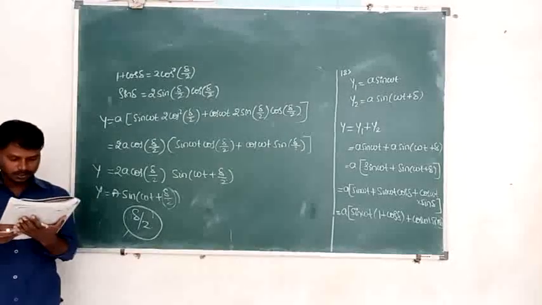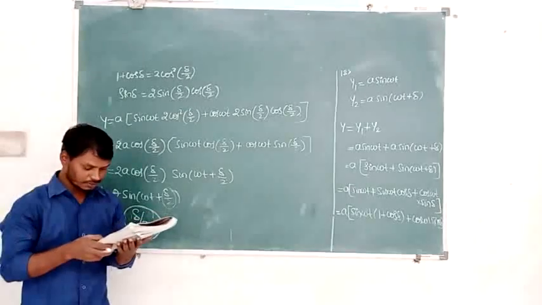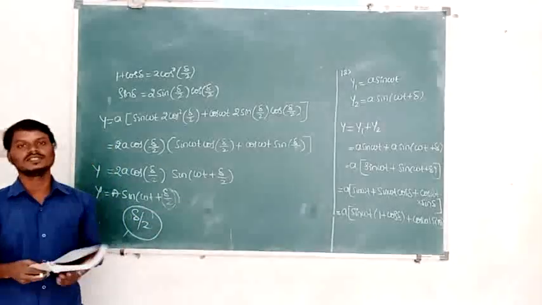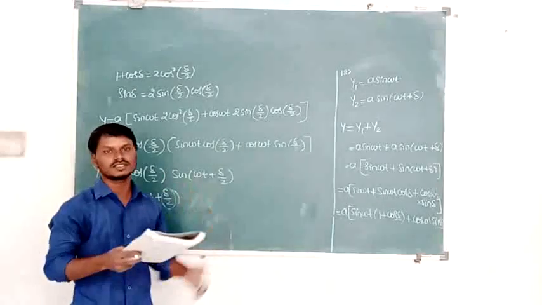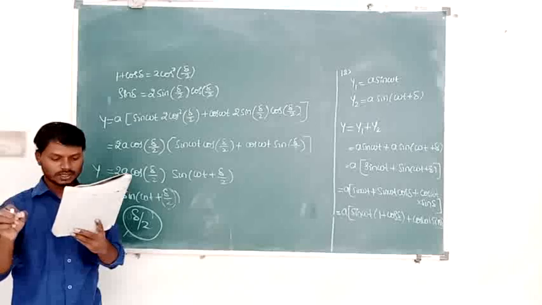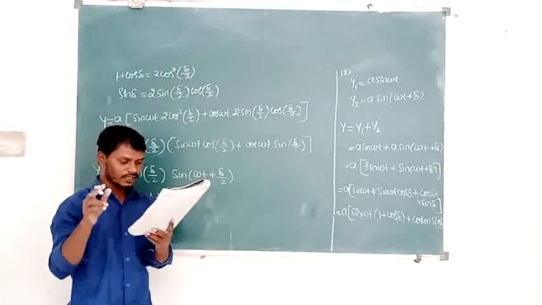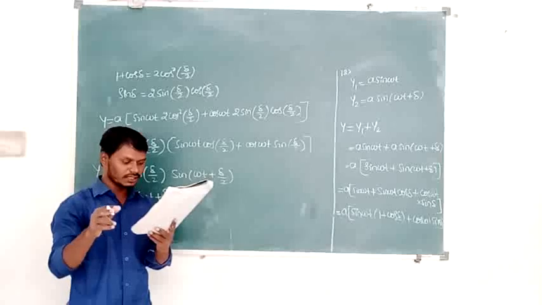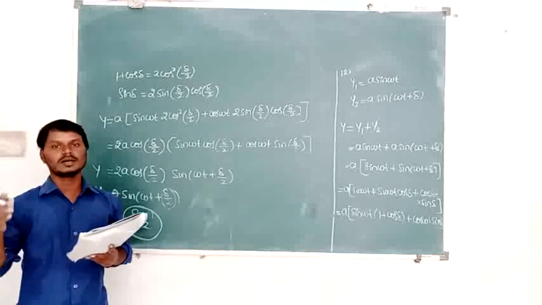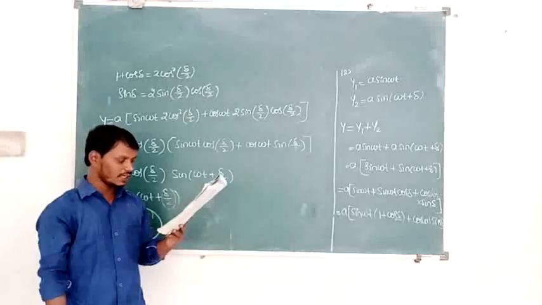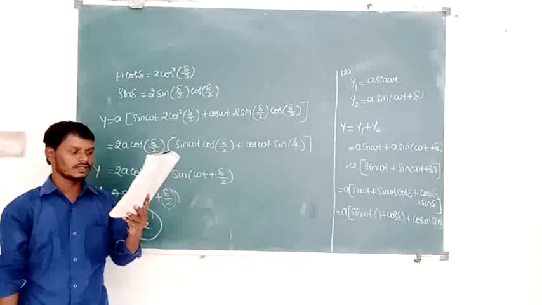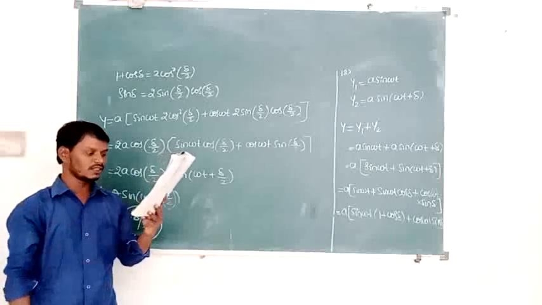Next, number 19. An electromagnetic wave emitted by source travels 21 km to arrive at a receiver. Means to reach the receiver, how much distance it is traveled? 21 km. The wave, while traveling in another path, is reflected from a surface at 19 km away and further travels 12 km to reach the same receiver. So after reflection, how much distance it is covered? 19 km and also 12 km. Total distance covered is 19 plus 12. Then 19 plus 12 minus 21, you will get the answer.